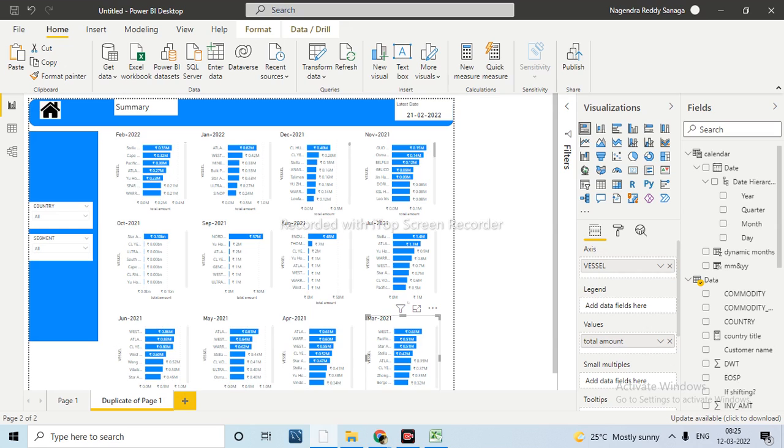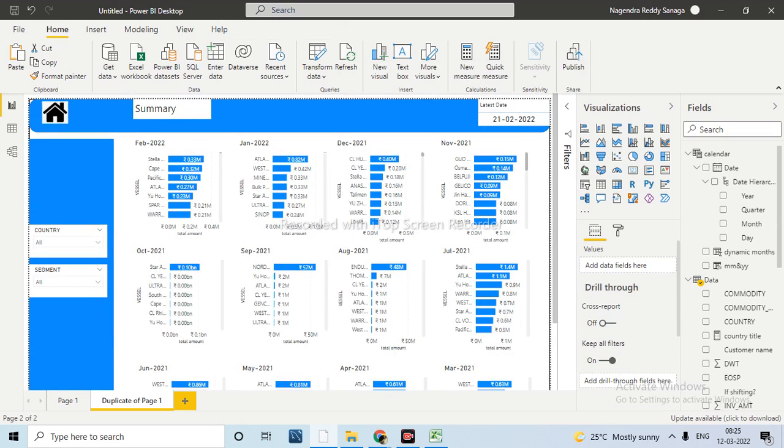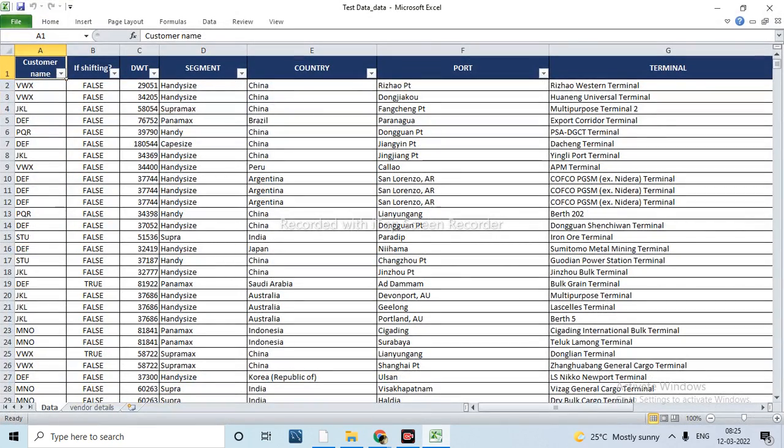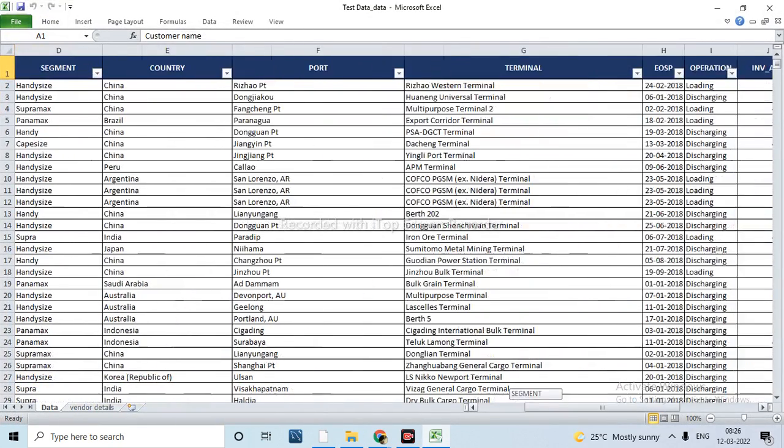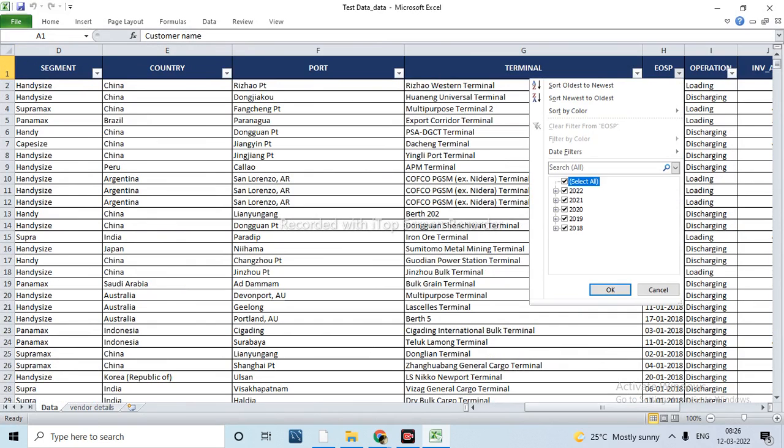Got it? That is how to do it dynamically, and the sorting will also work. If you want to see that, as of now we have the data until February 21 and the latest graph is showing February 20. For example, now let me add March data here.